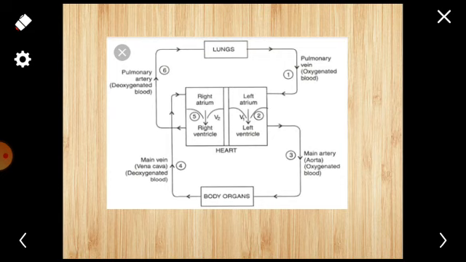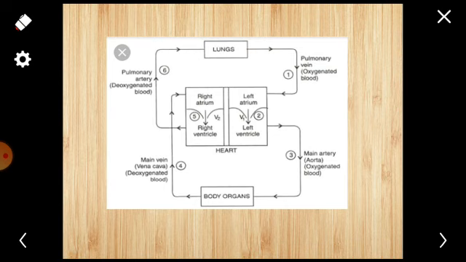In this full circulation you can see our blood enters the heart 2 times. One time oxygenated blood which comes from the lungs. Second time deoxygenated blood which comes from the body organs. So in one circulation, 2 times, 1 and 2, blood enters our heart. That's why human blood circulation is also called the double circulatory system.